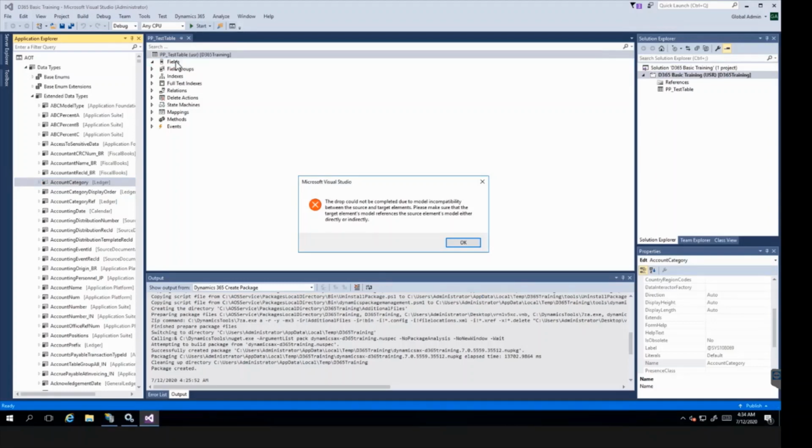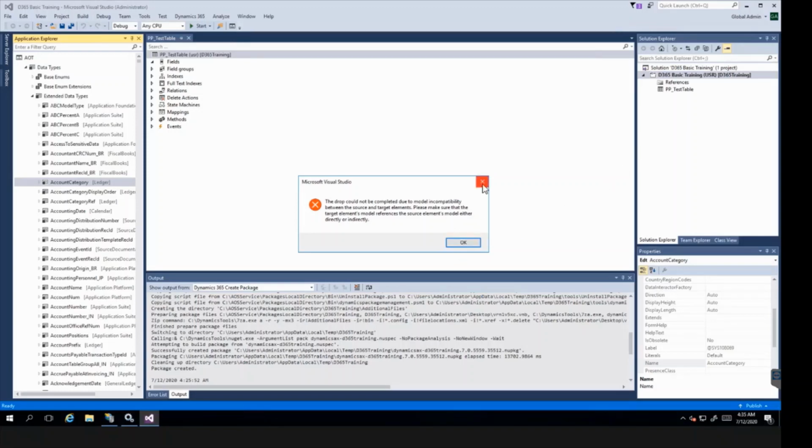So this is what I tried to explain to you till now. In this current model, what is the definition of this model? The definition of this model is that we are going to use all the objects from scratch. We are going to develop all the new objects. We are not going to use base objects, because in our model we have not selected any referenced packages.